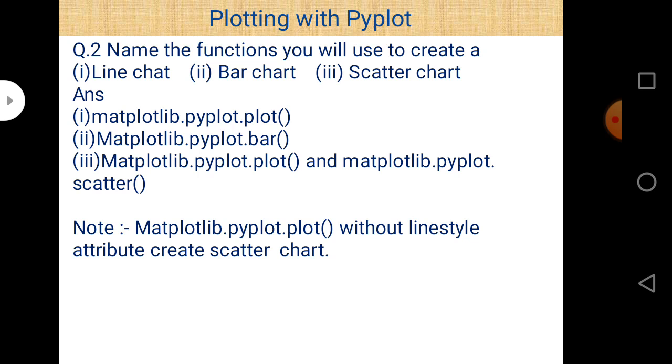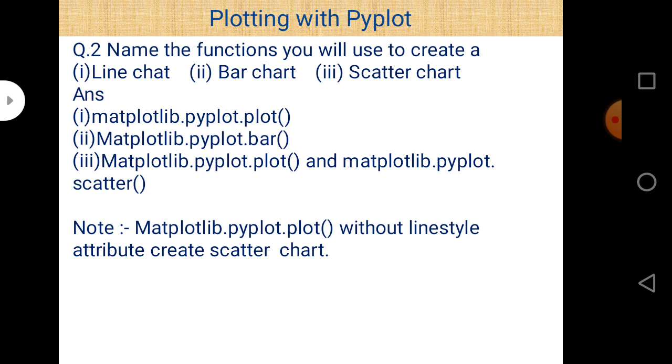If you want to use these functions, the representation of functions is by parenthesis sign. As we can see on our screen, plot with parenthesis sign, bar with parenthesis sign, and scatter with parenthesis sign represent different types of functions. So there are three functions: plot, bar, and scatter function.